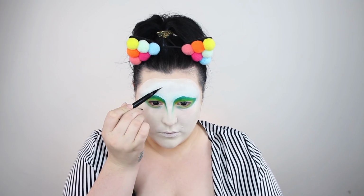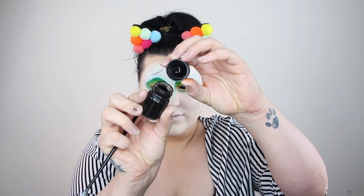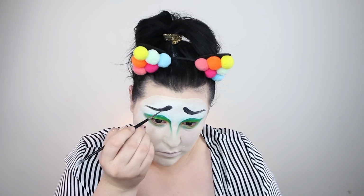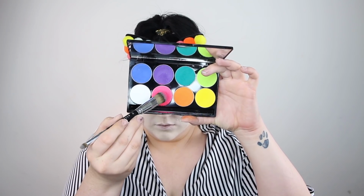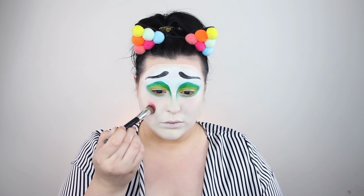Now onto brows. I just took a liner just to kind of mark where I'm going to be marking them, and then I'm working with this MAC acrylic paint. I don't recommend putting this all over your face. I did once and I regret that. So I just drew on some brows and now I'm going in to this beautiful bubblegum pink, popping that just